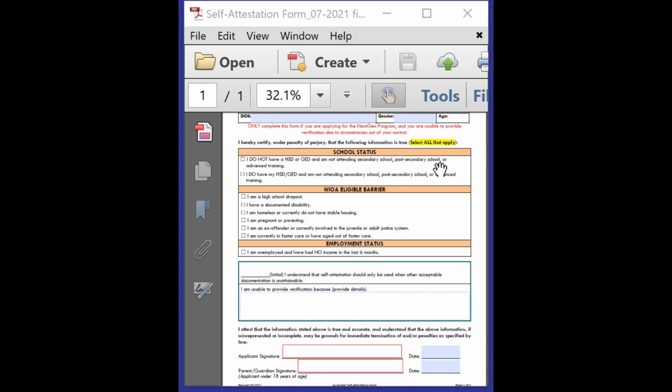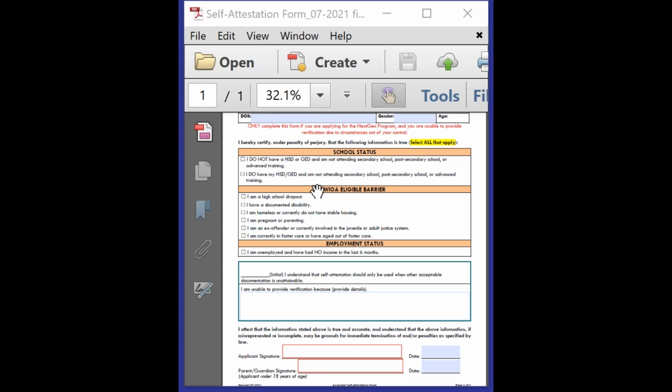And then you can select all that apply. So you can get self-attestation for multiple things. However, if you don't have justification for why you're not able to get those forms, it's not accepted. So if you haven't explained clearly that these forms were not able to be obtained because the document is missing, or we've tried to contact the people multiple times and they've not gotten back with us, or this document is in a whole other country or something like that, if there's no explanation, this document will be thrown out and it will not count in your monitoring. Right? I want to keep pushing that because the explanation is something that we've been missing.